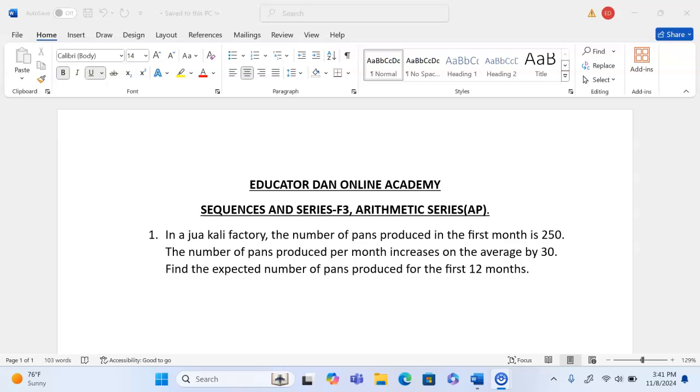First question reads: in a jewelry factory, the number of pounds produced in the first month is 250. The number of pounds produced per month increases on average by 30. Find the expected number of pounds produced for the first 12 months. In this case, we know that